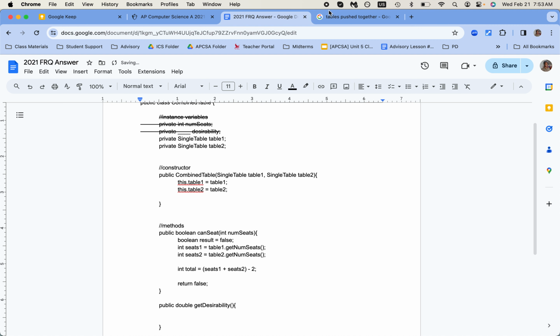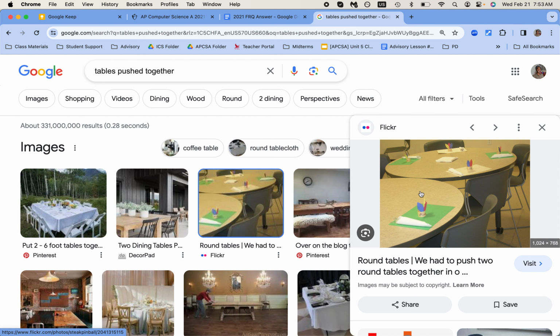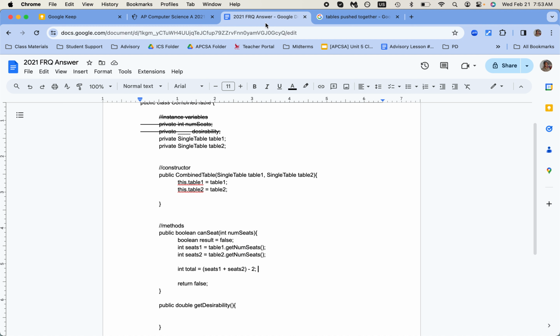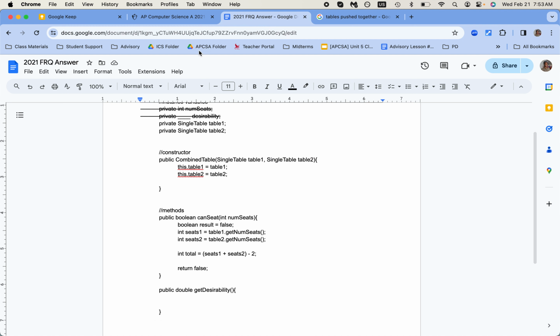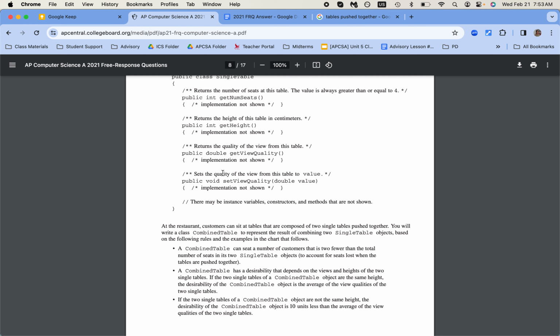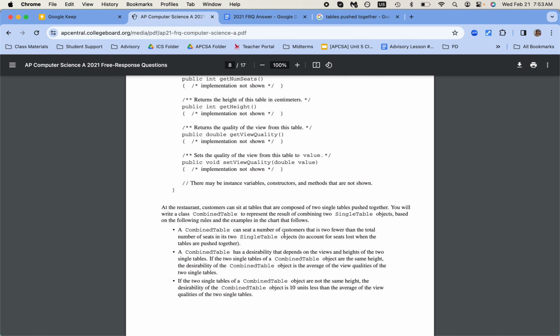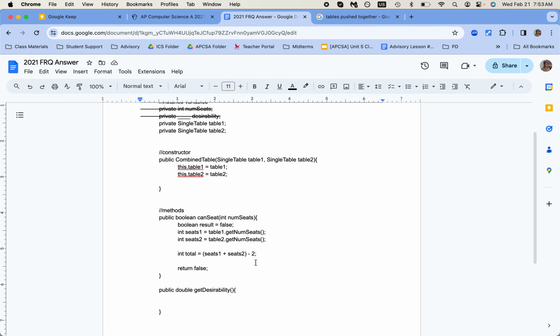Because remember, in this example with the tables that are pushed together, we're going to lose this seat right here at the edge and this seat right here at the edge. So we go through and we do it. Okay, good. So what we're doing here is it can seat a number of customers that is 2 fewer than the total number of seats in its 2 objects, to account for seats lost when the tables are pushed together. Great. Okay, so basically, I'm going to return true if the number of seats that is needed is,